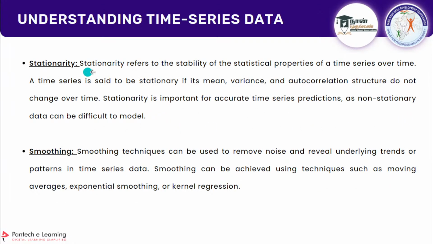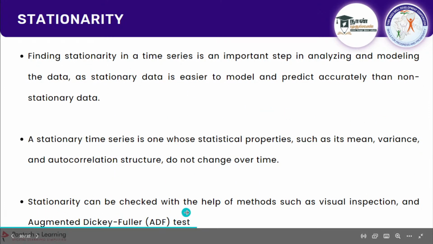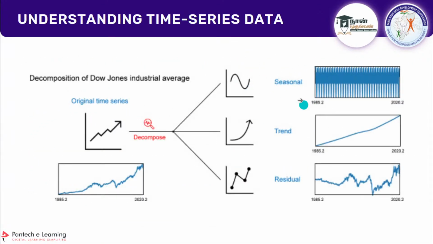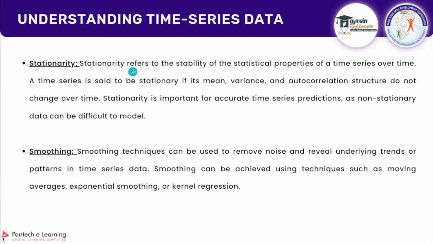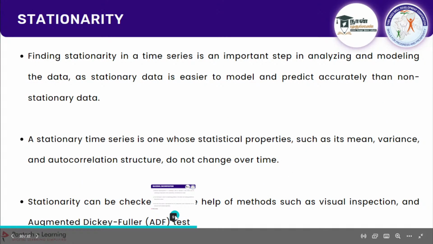Whenever you are passing any data into a time series model, you have to find whether it is stationary or not. If it is stationary, then you can continue. If it is not stationary, you have to go with the smoothing effect to make it stationary. And how will you find whether your data is stationary or not? You can use the ADF test. If your data is seasonal, then you don't need to make it stationary. With the SARIMAX model, you can go directly without smoothing or the ADF test to check whether it is stationary or not.